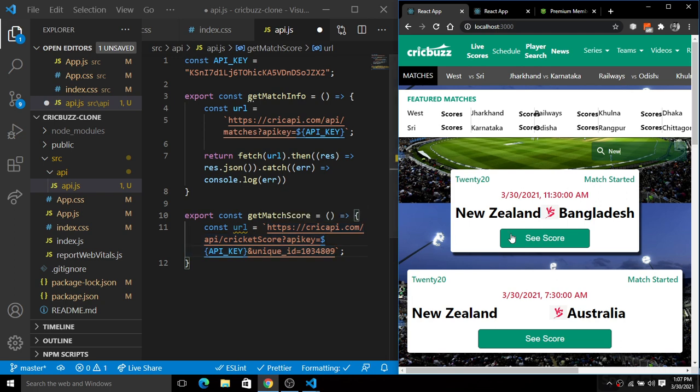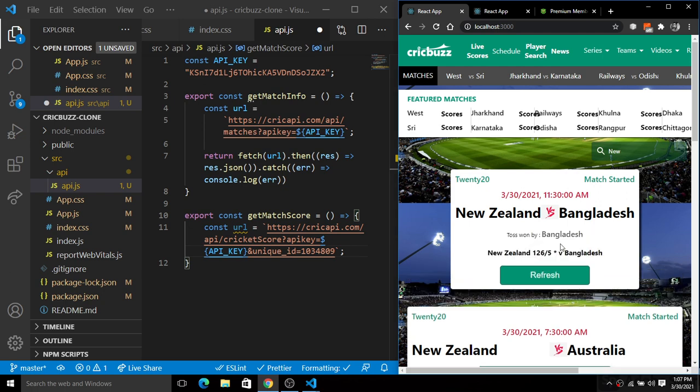So when I click on this, it will pass the unique ID there, and according to that unique ID, the following information is rendering on the screen in the type of JSON. Here you can see we have a match going between New Zealand and Bangladesh, and New Zealand is 126 for 5.